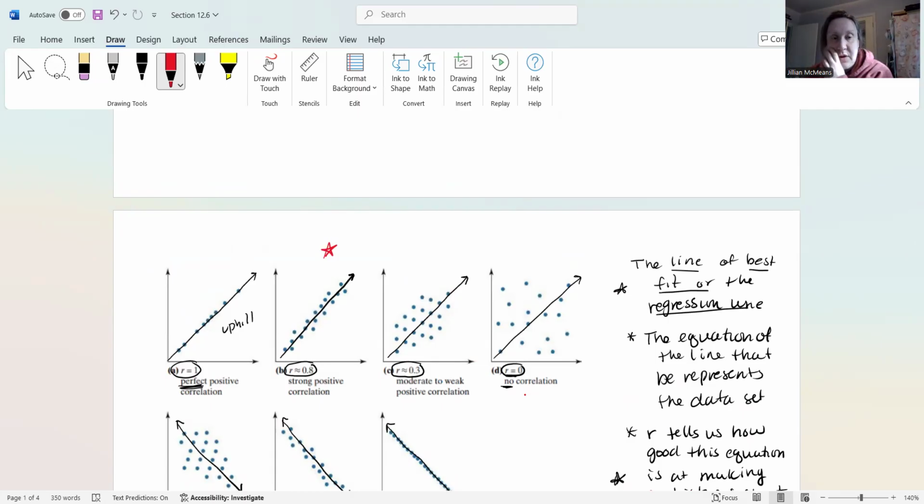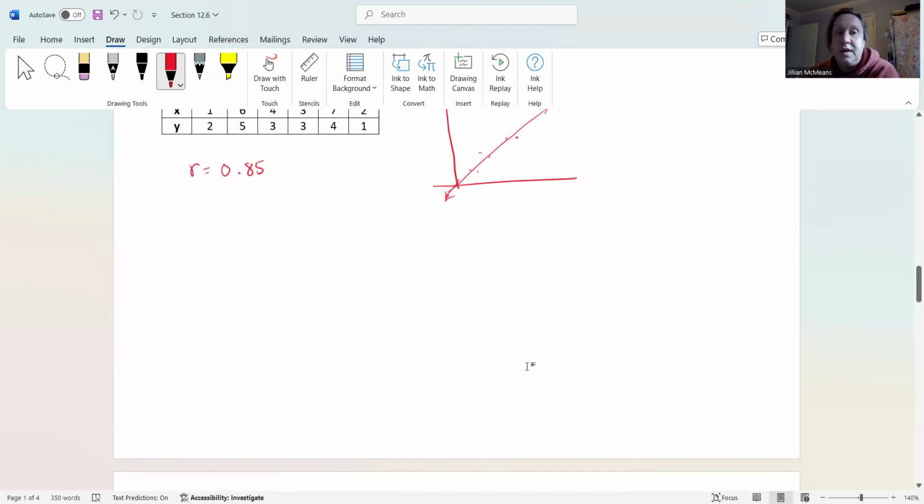Those data points were definitely going uphill. They were not exactly on a line by any stretch, but they were pretty close. And we have here that R indicates a strong positive correlation when R is something like 0.8, or in our case, 0.85. So we would say here that there is a strong